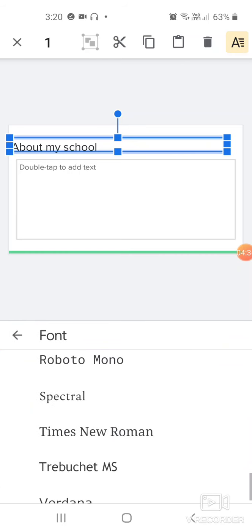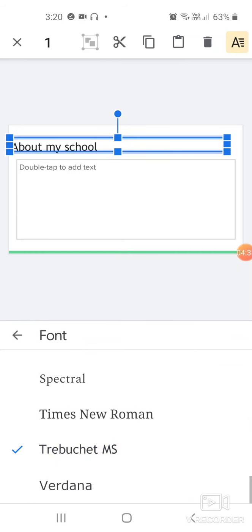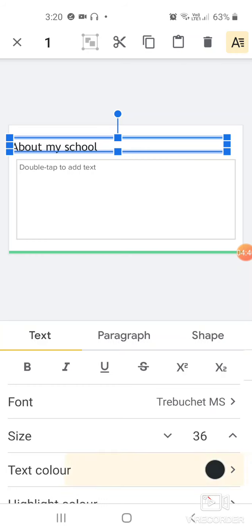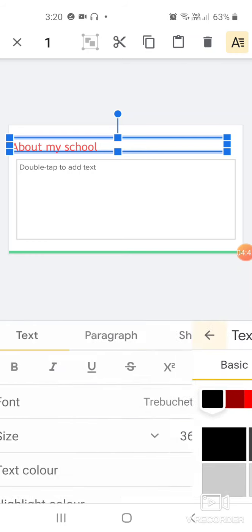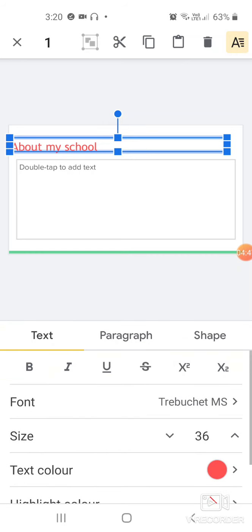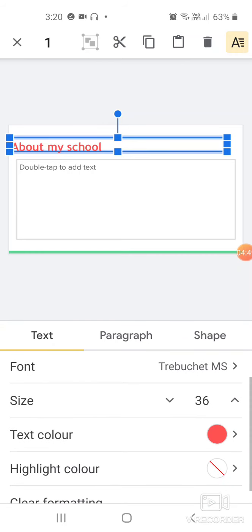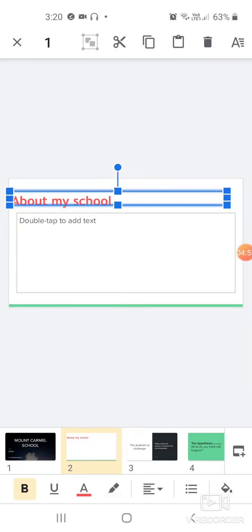Now the font you want to change, you can change the font. Go back, take the text color which you like, and then if you want to make it bold, you can do that. Increase the font size like this. All these things you can do as you want.